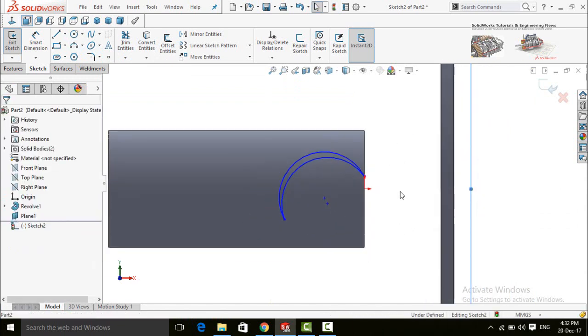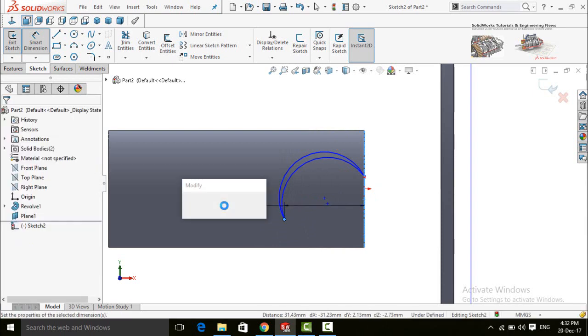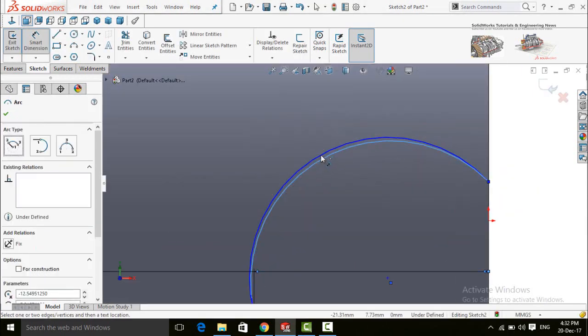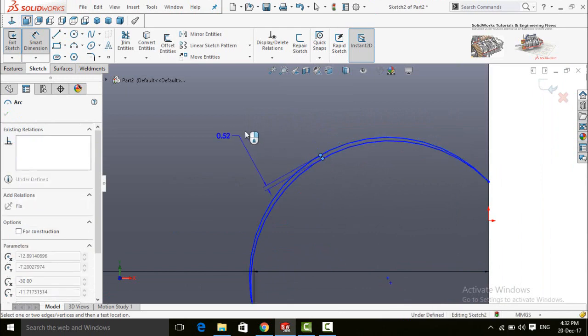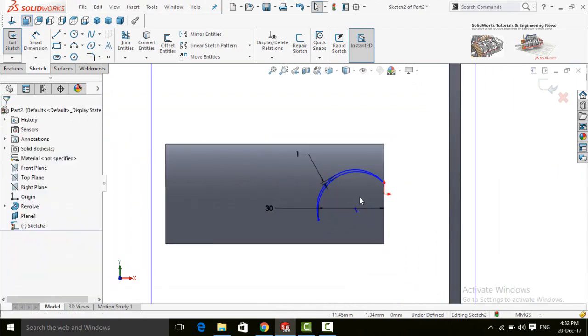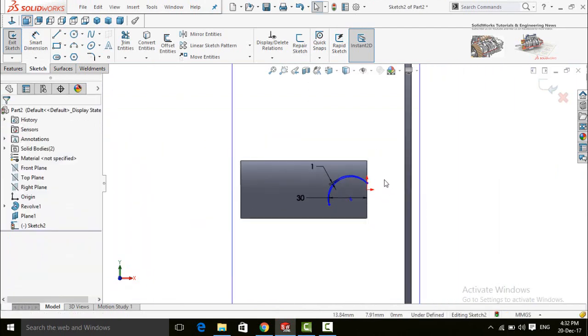Press escape button and define the distance. From this line to this point, it is 30 millimeter. This distance is 1 millimeter. Press escape button.